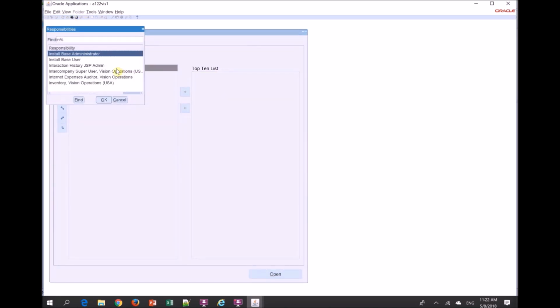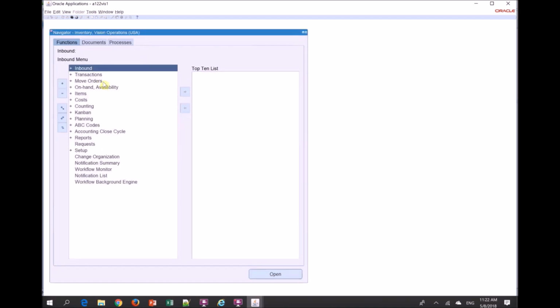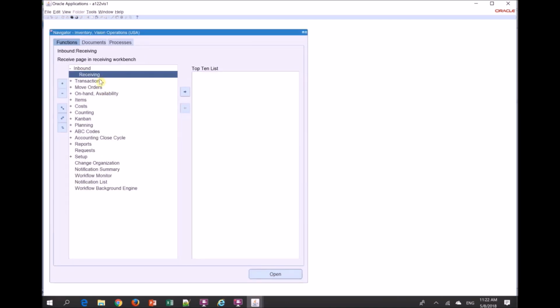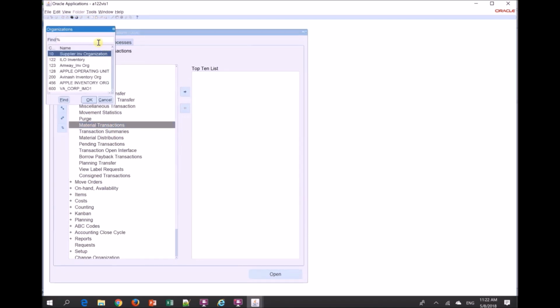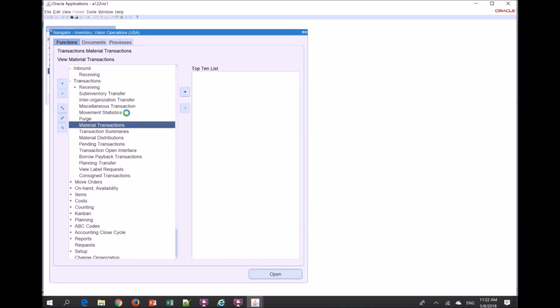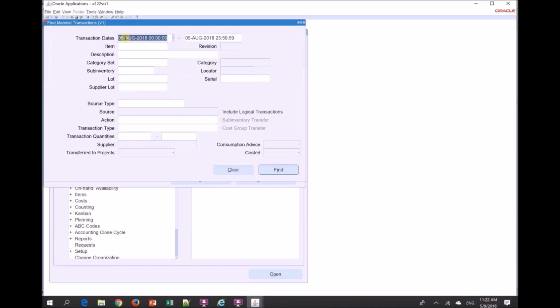this is only for those people who have already worked in EBS 11 and R12. If you haven't worked in it, then you can just ignore all this. I just wanted to make sure that people who have already worked in these ERP systems find it easy to understand how things work over here. I don't have any transactions,